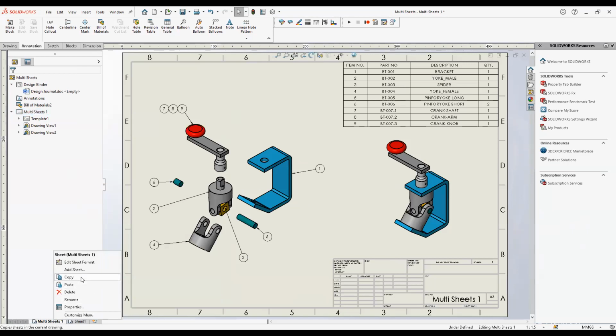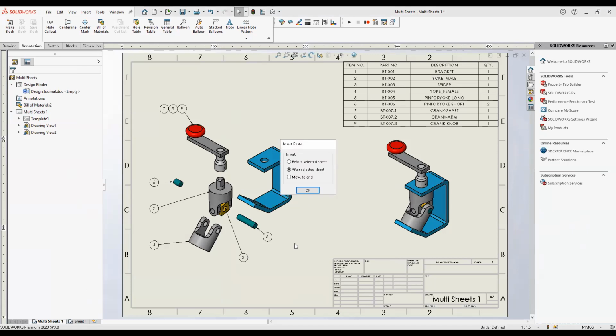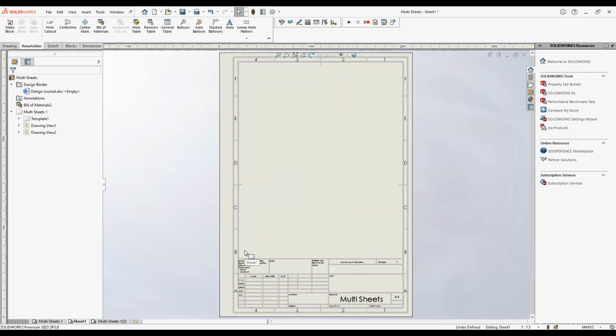So I can do copy and then paste, and then SolidWorks will ask you where you want to place that sheet. I'll say move it to the end. And SolidWorks will create a copy of the same sheet which we have copied, right? So if you want to use the same sheet and you just want to give more details in that, or if you want to have a different sheet,